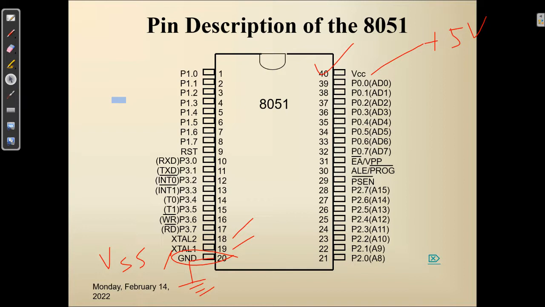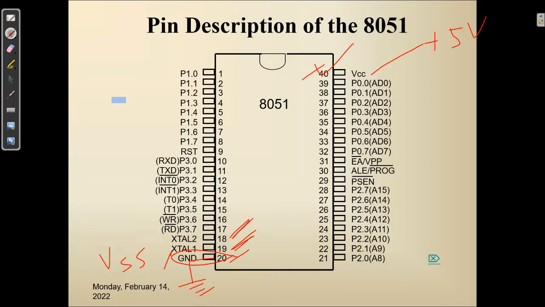Any question? Pin number 18 and 19. Any question? No, sir. Okay. So we have done with pin number 18, 19, 20, and 40. Okay. Then we will proceed towards